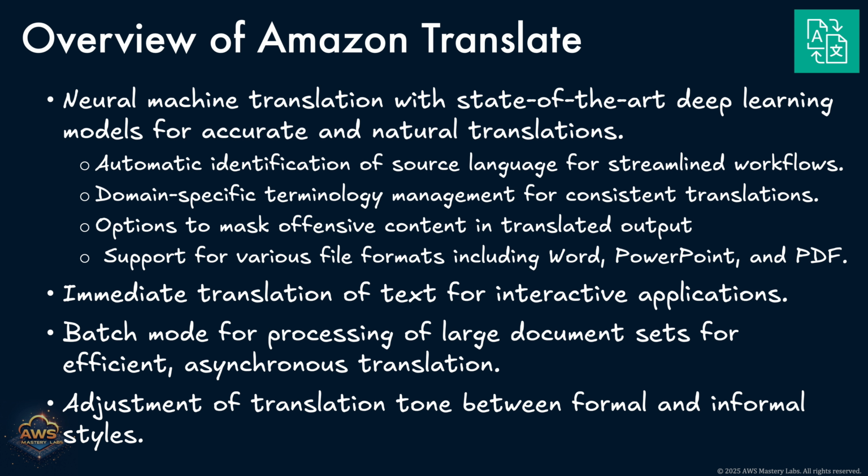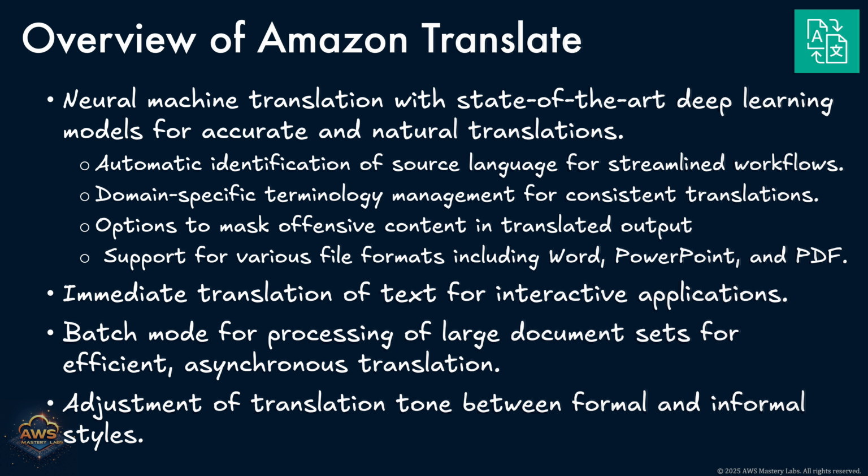Amazon Translate is a fully managed neural machine translation service that makes it easy to translate text quickly and accurately across languages. At the heart of the service is neural machine translation, a deep learning-based approach that delivers high-quality, natural-sounding translations. These models continuously improve, learning context, structure, and semantics to produce results that are far more fluent than traditional